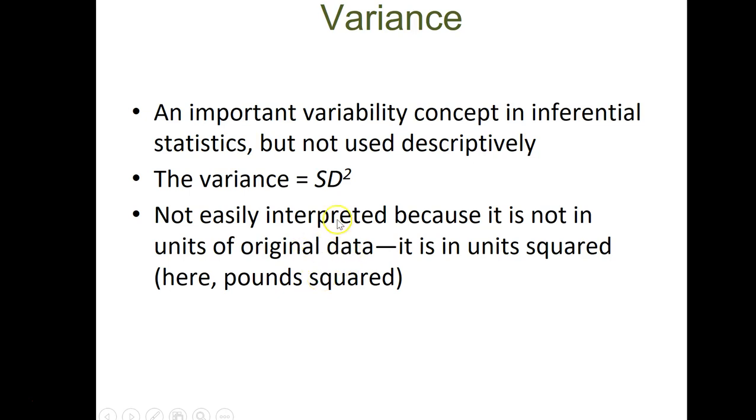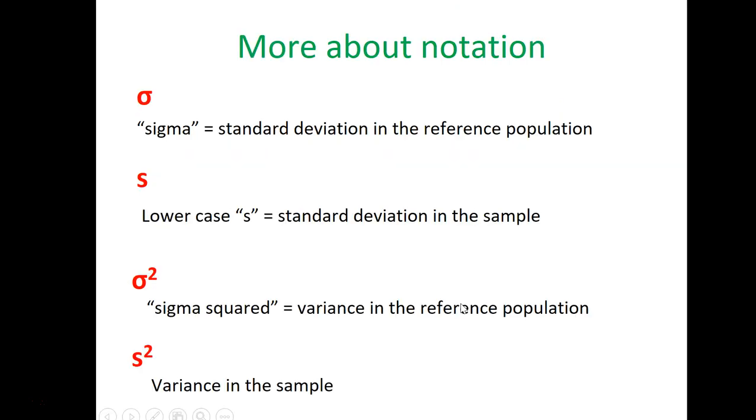Variance is an important measurement of width as well, and the variance is the square of the standard deviation. And remember this notation. Sigma is the parameter for standard deviation, whereas the lowercase s tends to be the statistic, at least in the textbook. Sometimes we say SD. And sigma squared is variance,